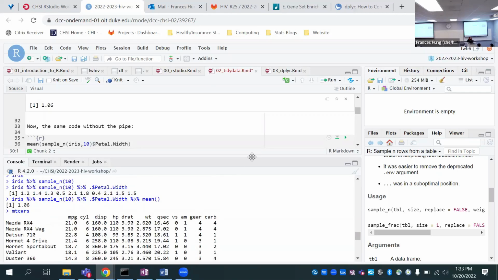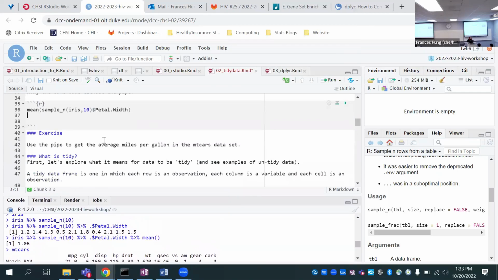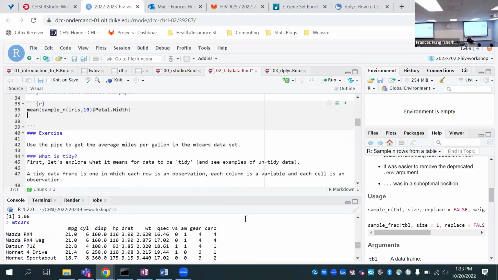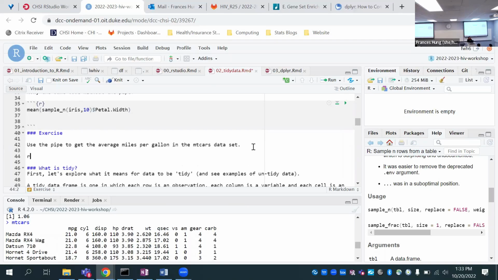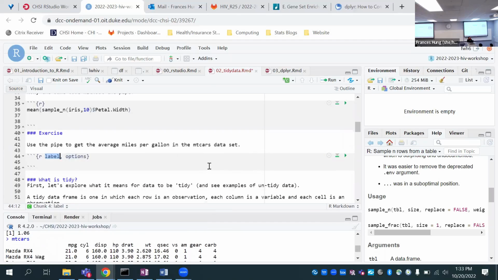But your exercise is you want to use the pipe to get the average miles per gallon in the mtcars data set. And the miles per gallon is this mpg column over here. Okay, so we'll give you a few minutes to try doing this, and we'll be coming around if you have questions.